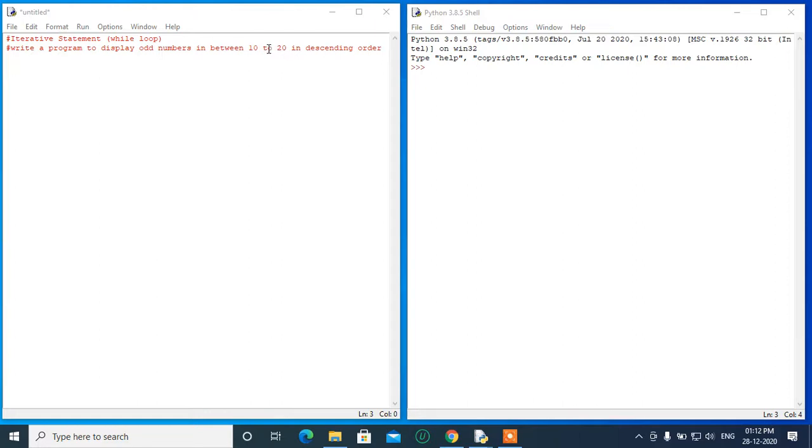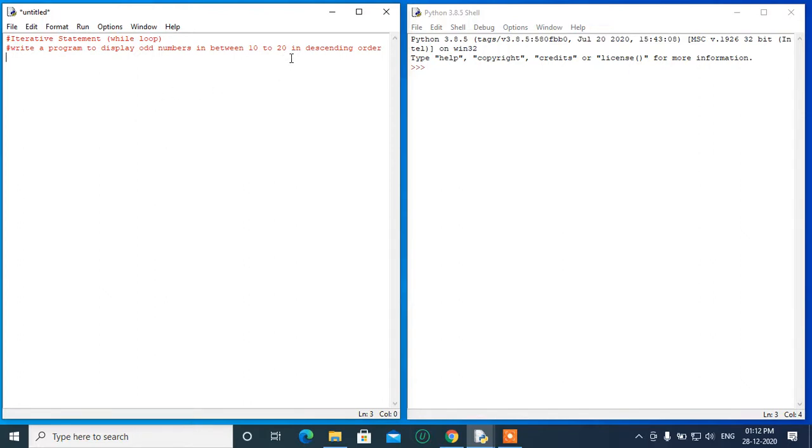Okay, so you have to print in descending order, so its initial value becomes 19 and final value becomes 11, and it decrements by 2. In for loop you have to write the initial value, final value and increment or decrement in the same line, but here you have to